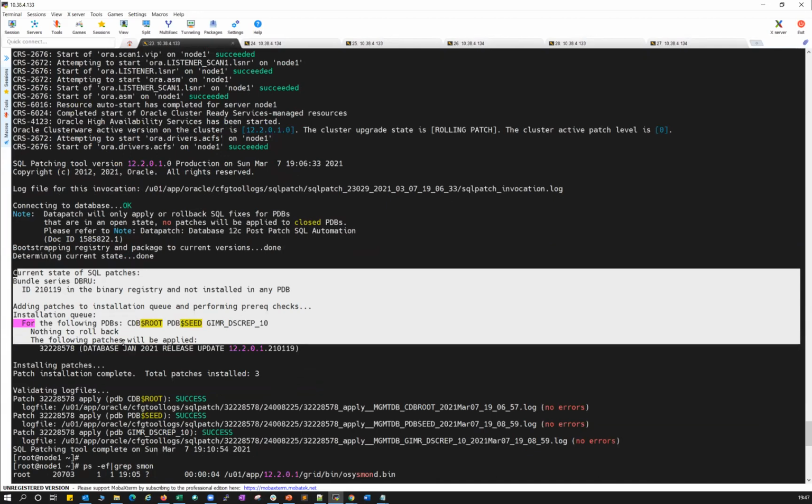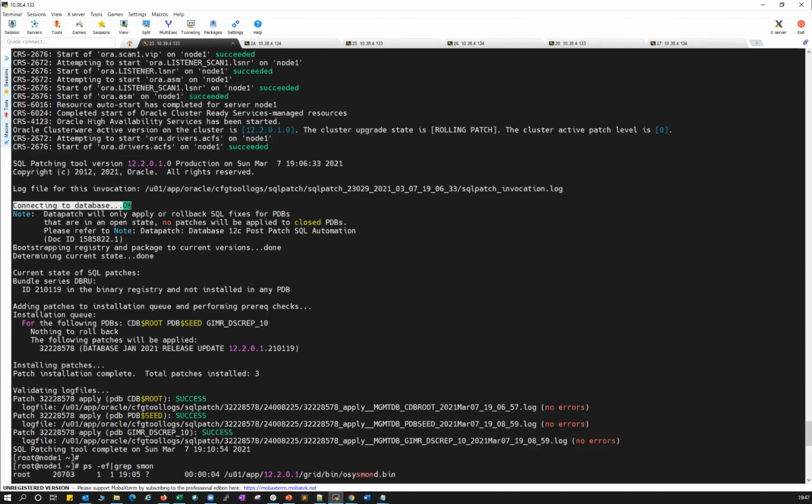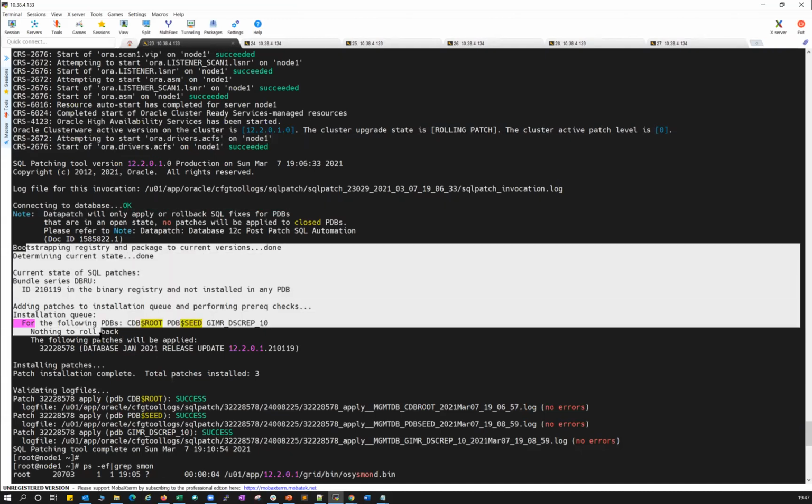As I covered in my previous session, when you apply a PSU or CPU patch on your Oracle home, you have to run the data patch at your database level. Whereas with the MGMT management database, when you apply the patch on your grid home and run the post patch command, it starts your clusterware and also your grid MGMT database, then connects to the MGMT database and runs the SQL patch.